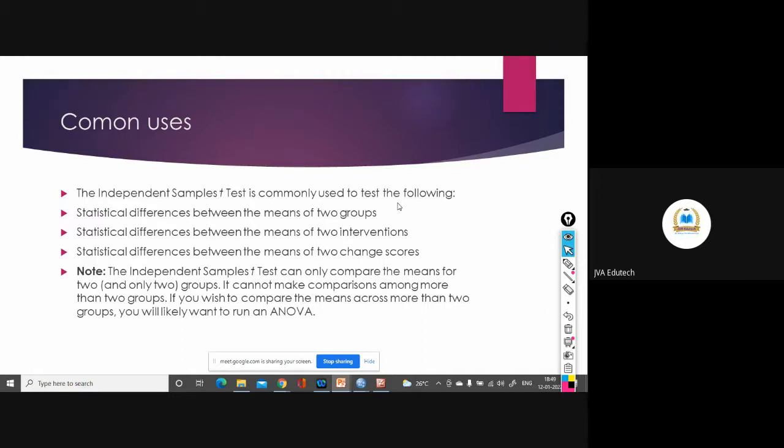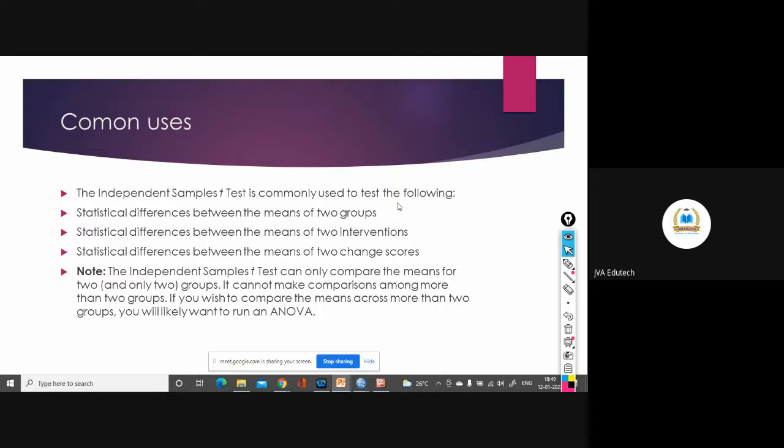Now you should note that the independent sample t-test can only compare the means for two groups. It cannot make comparisons among more than two groups. If you have more than two groups, then you have to move on to analysis of variance, which is the extension of this independent t-test.